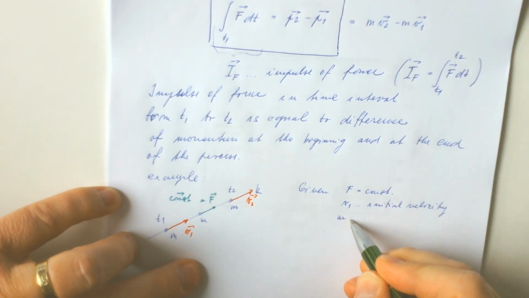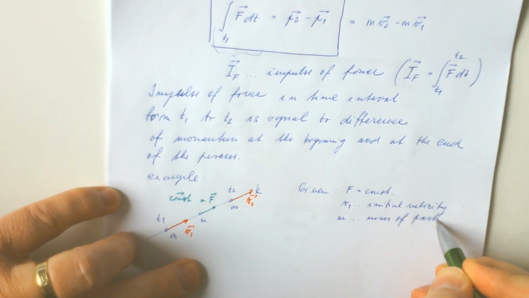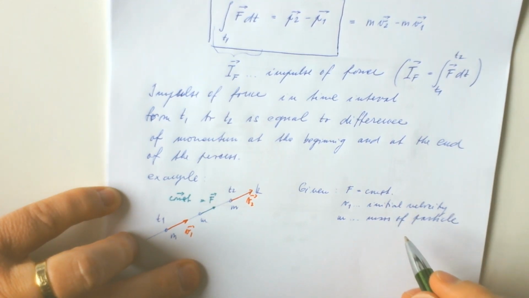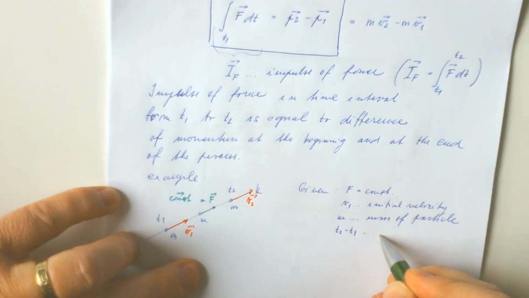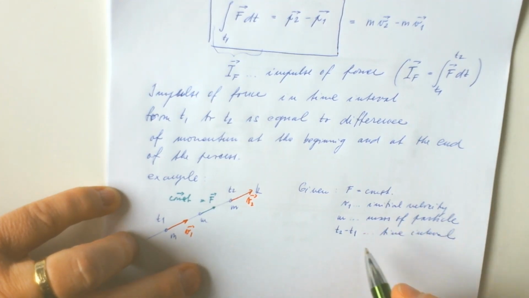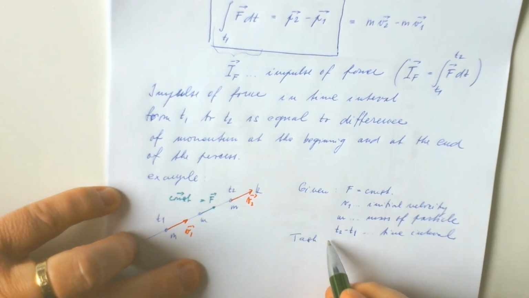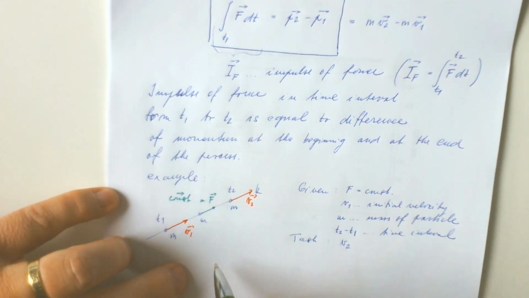We know the mass of the particle, and we know the time interval, so we know t2 minus t1. So what is the final velocity? So we can write that